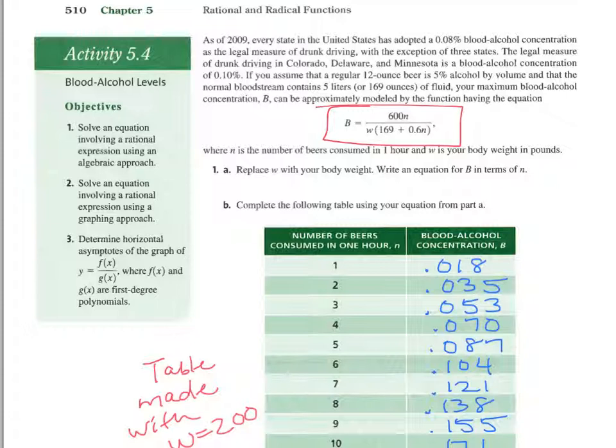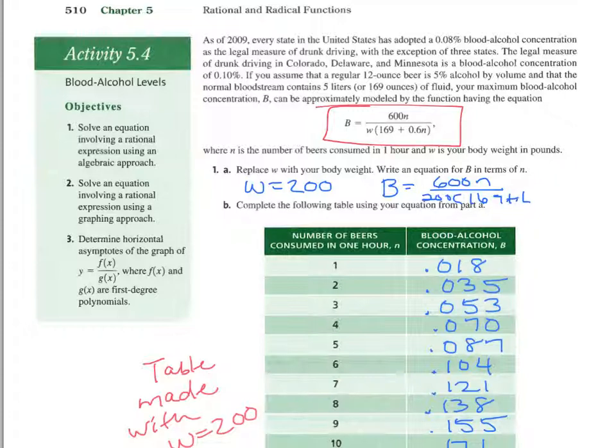For 1a, replace W with your body weight, and we're going to use that to fill in our table. I would never give anybody my weight here, so we are going to use the one the book uses. The book is using a W of 200, so I would just use the same thing. You can also fill it out for your body weight if you want, no big deal, we can do it with either one. But I'm going to use the weight of 200. So if I rewrite that equation, I have 600n divided by 200 times 169